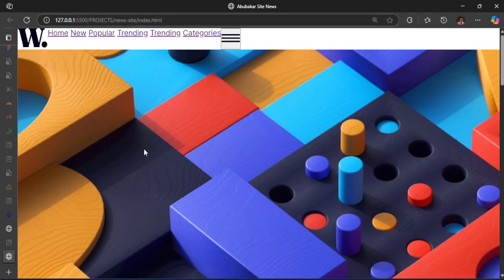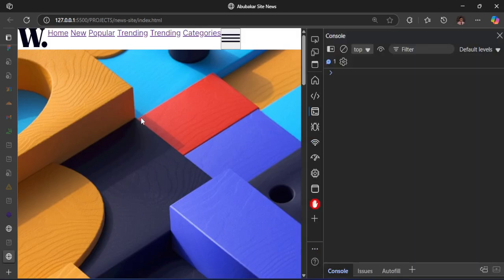And I told you, when you are dealing with your design, we have different modes. You have the mobile design first. That means you are designing for the mobile first. That means everything you are going to be doing, you are assuming is mobile. Then you can scale it up later on using media queries. Or instead of doing that, you can start with desktop. That means like this one now. You start designing with desktop, then later on you scale it down. But I told you, scaling down is hard compared to scaling up. So because of that, I'm going to enter responsive mode like that by using Ctrl+Shift+I to open the dev tools